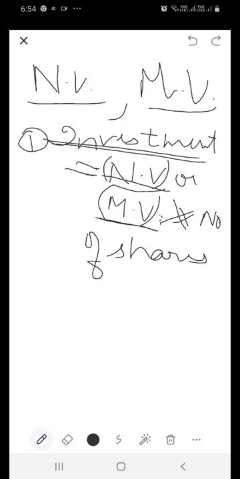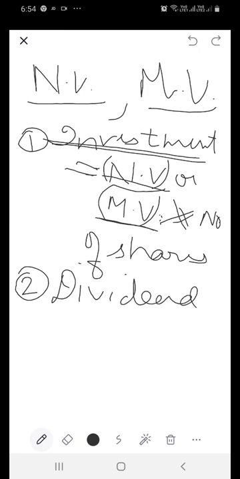Now the second formula which I am writing is dividend. How to calculate dividend, which I told you is the profit which you get from the company or the annual income. So dividend is profit as well as annual income. So dividend is equal to